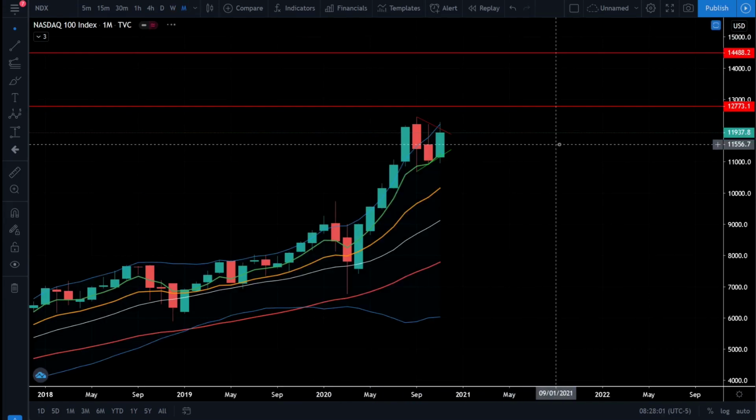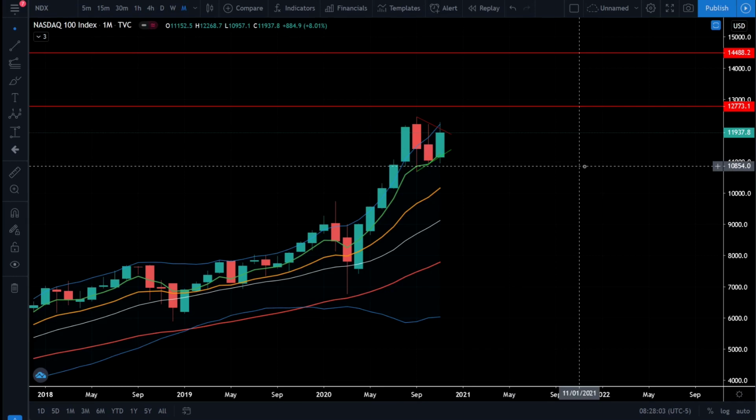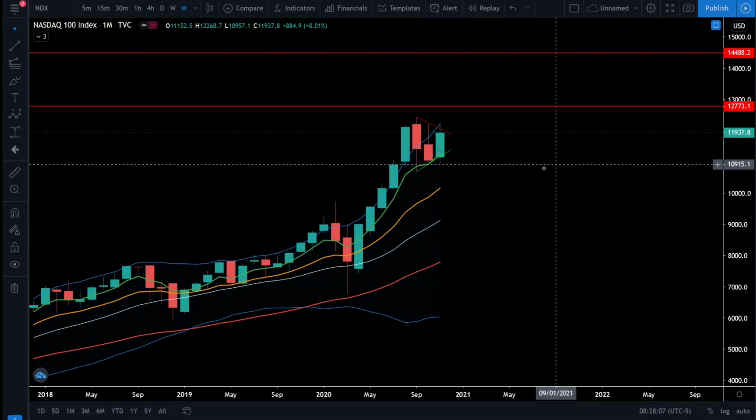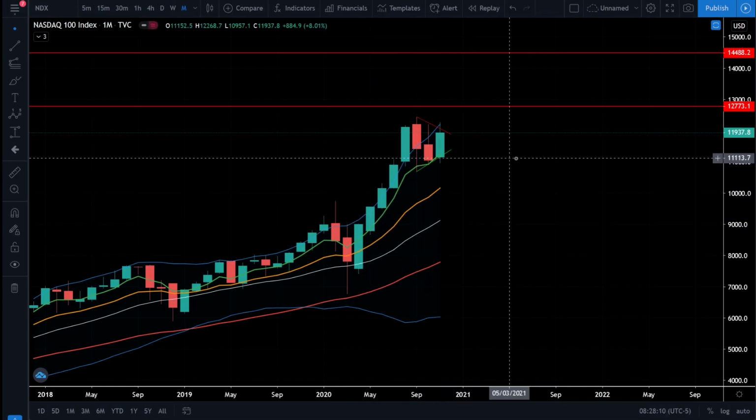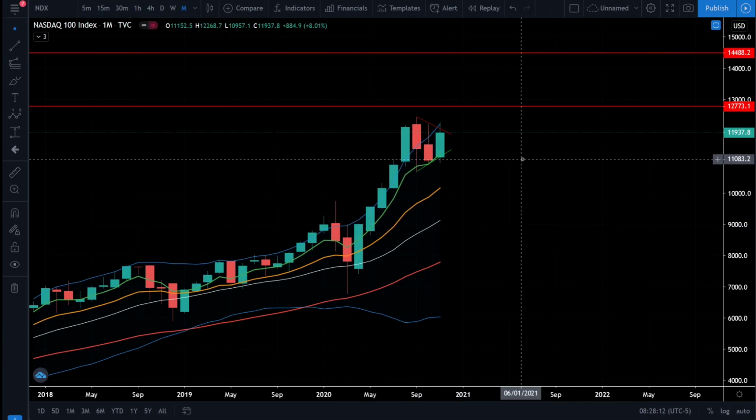So going over to a monthly chart, you can see the same thing. All of the moving averages are extremely bullish, and the price action is still extremely bullish because we're still closing over the 5 EMA. So from a macro level view, we are bullish on the stock market because the trends and the price action are bullish, and we're unbiased and we follow the price action and we follow the trends